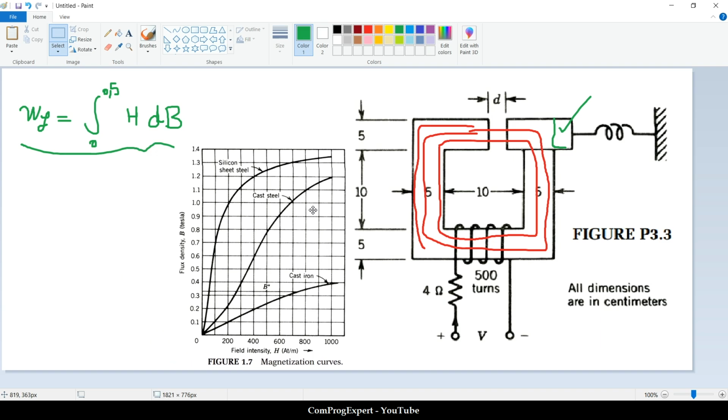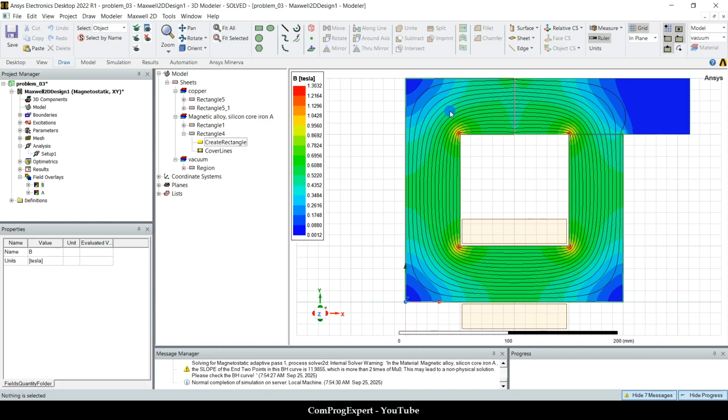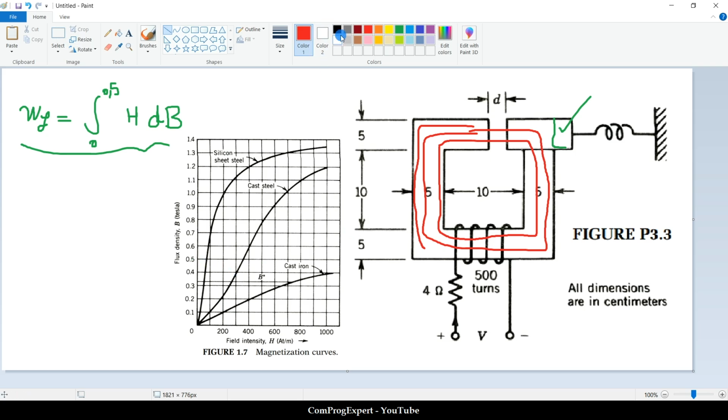If we consider a uniform flux density in the core, actually we know that we don't have a uniform flux density in the core. Here you can see the distribution of the magnitude of B inside the core. Here B is higher than in these regions. But in manual calculations, we cannot consider these non-uniformities. So in this case, we consider 0.5 Tesla inside the core,